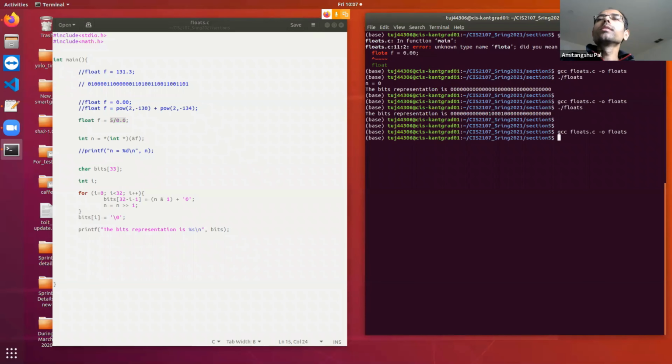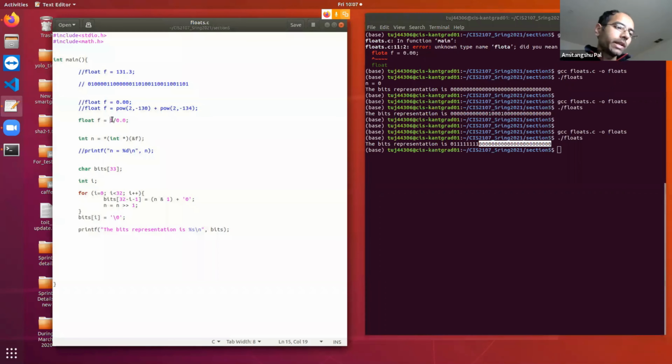So here you will see that as it is a plus, the sign bit is 0. All the exponent bits are ones. 1, 2, 3, 4, 5, 6, 7, 8. All the 8 bits are ones. That means it is representing special case or special values. And all the mantissa bits are all zeros. So exactly whatever I have written in the notepad.